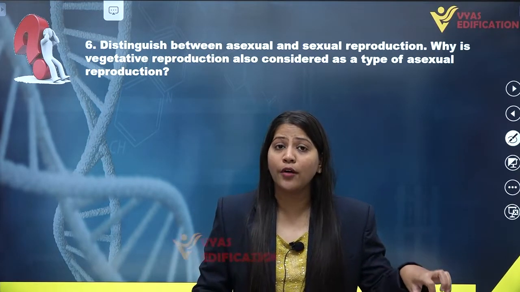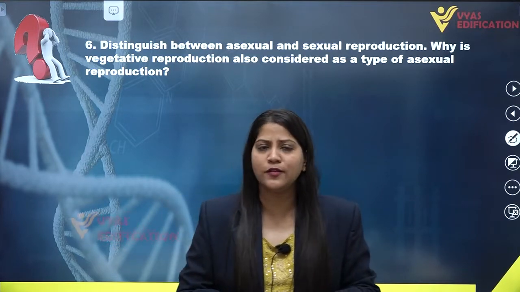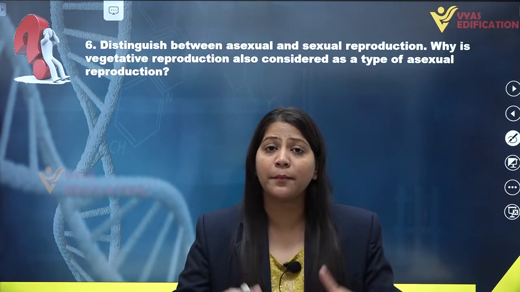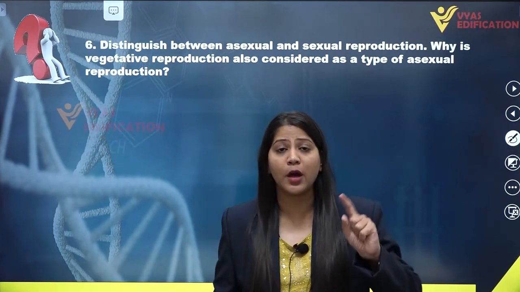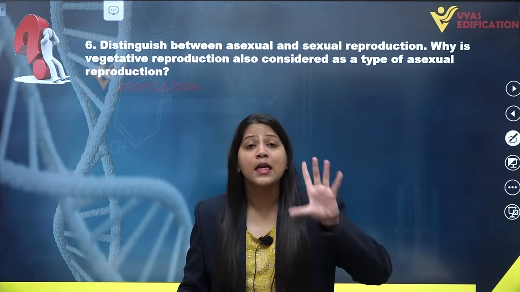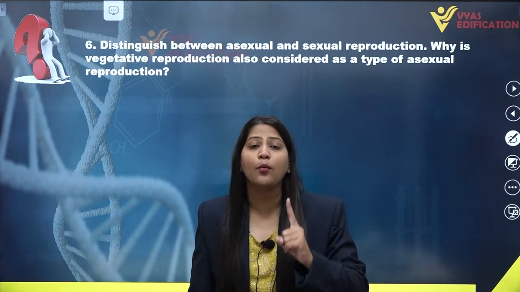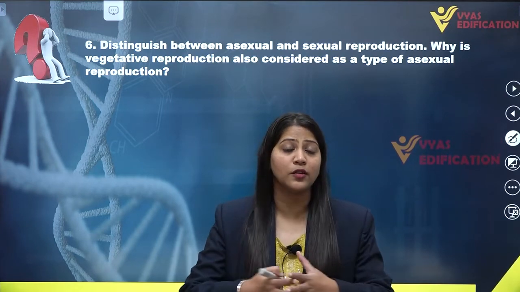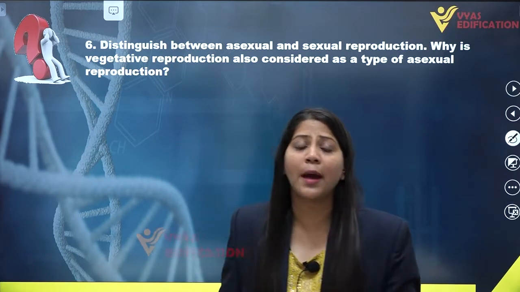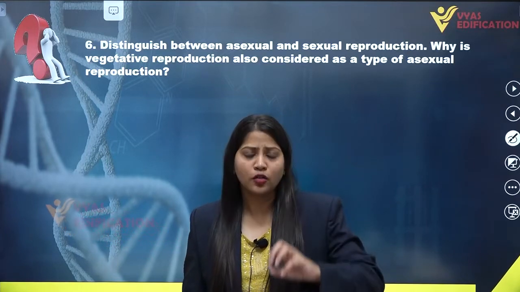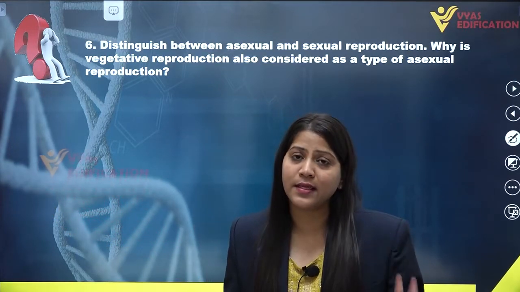In case of asexual reproduction, the offsprings or progeny are exactly identical to their parents and among themselves, because they are genetically as well as morphologically similar to their parents. Why is this so? Because there is no fusion of different gametes, because there is no involvement of two different individuals. This kind of reproduction involves only one parent, hence there is no gamete formation and no fusion. So there are no variations in them.